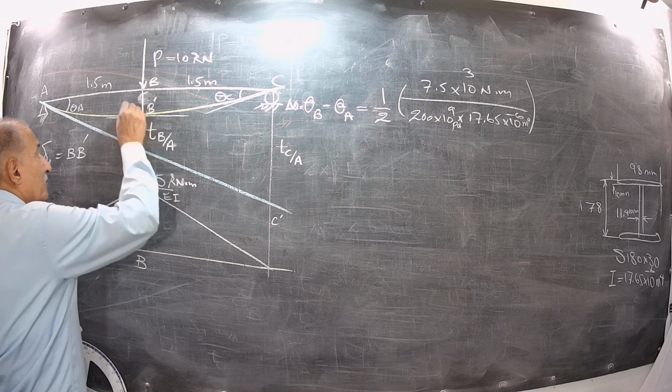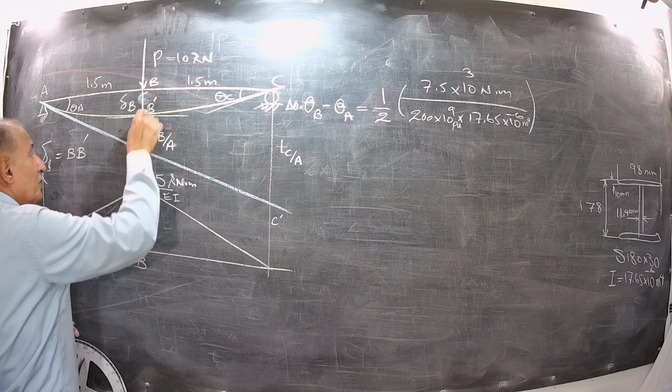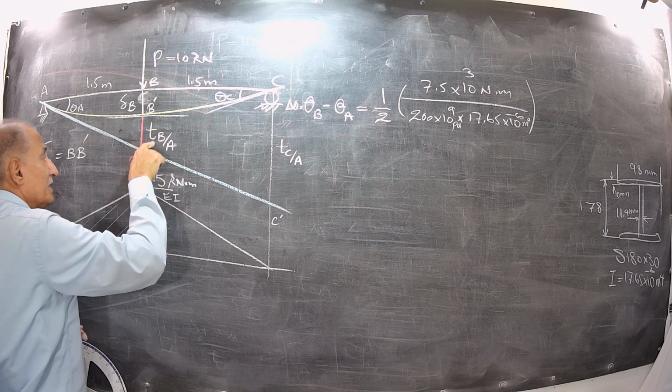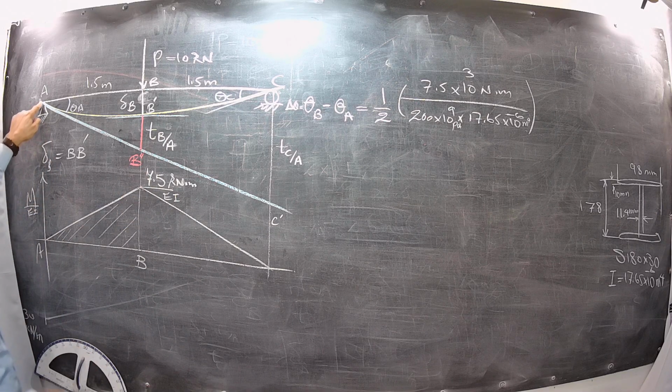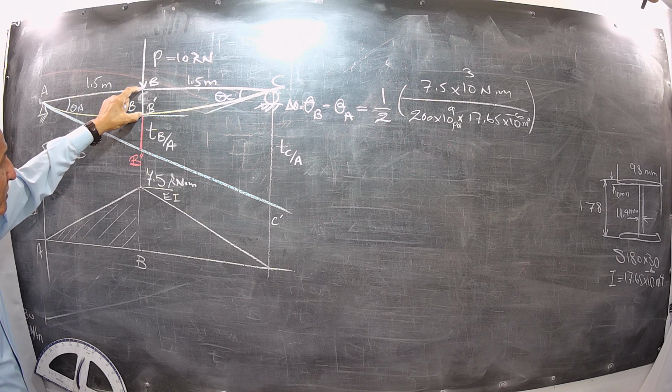Then BB' is delta B. B'B'' is the deviation. And here, the deviation at A is 0 with respect to itself, and the deflection is also 0. I'm just looking to find delta B. Let's write some